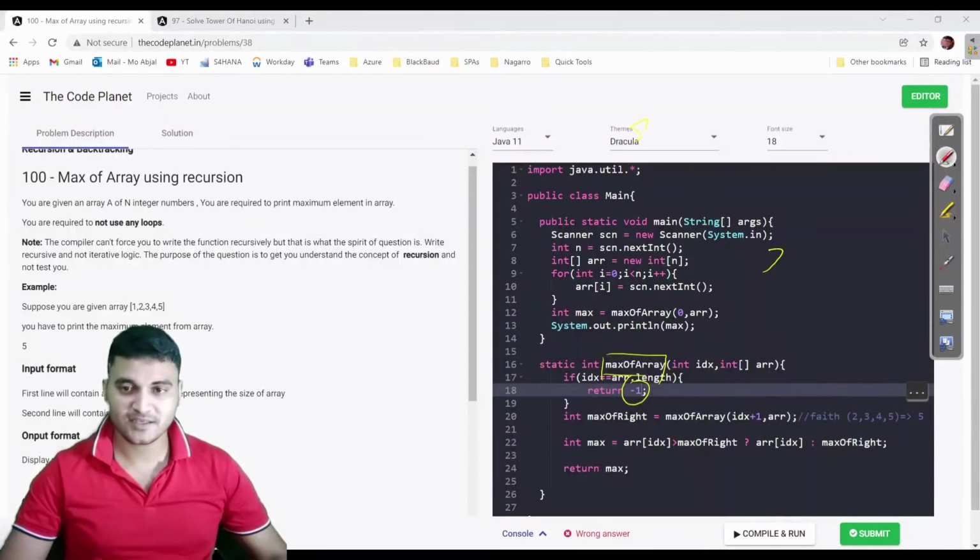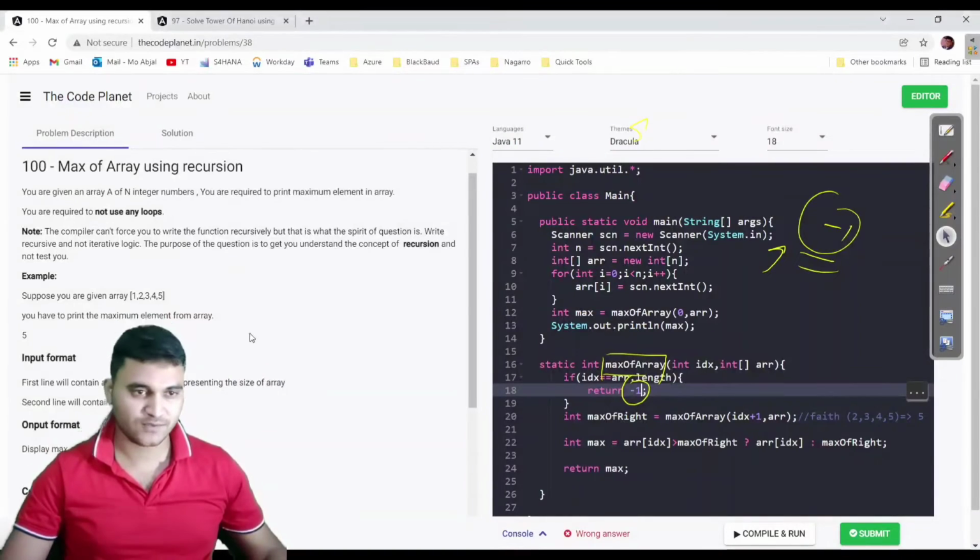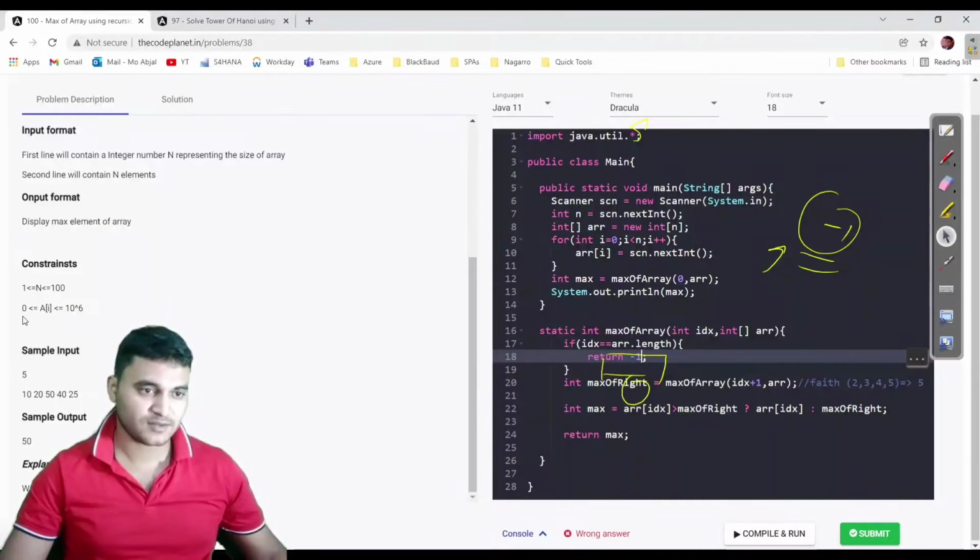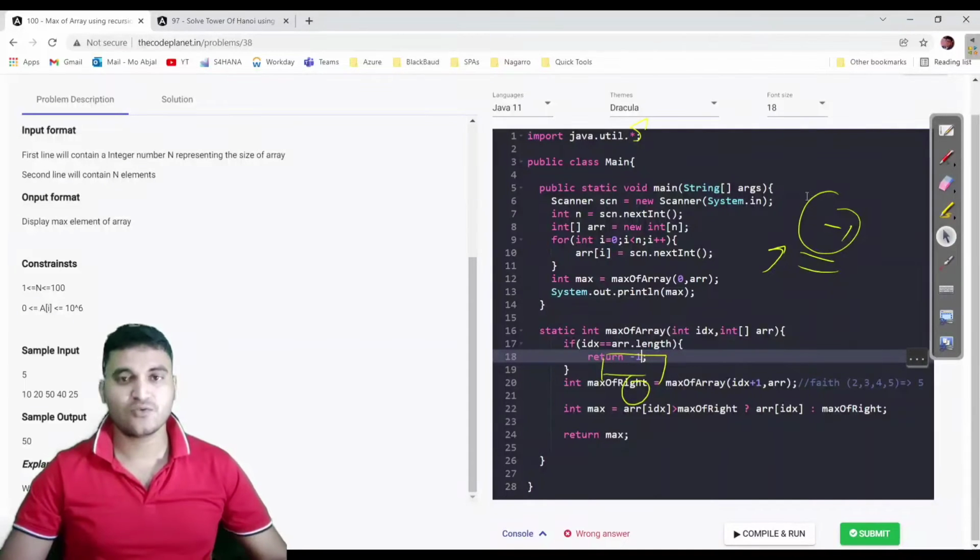In any case, -1 would not be the answer. -1 would not be the maximum. And of course this is for positive numbers, because if you can see here, the constraints start from 0, so no element would be -1. I am making sure you do not have to worry about this.